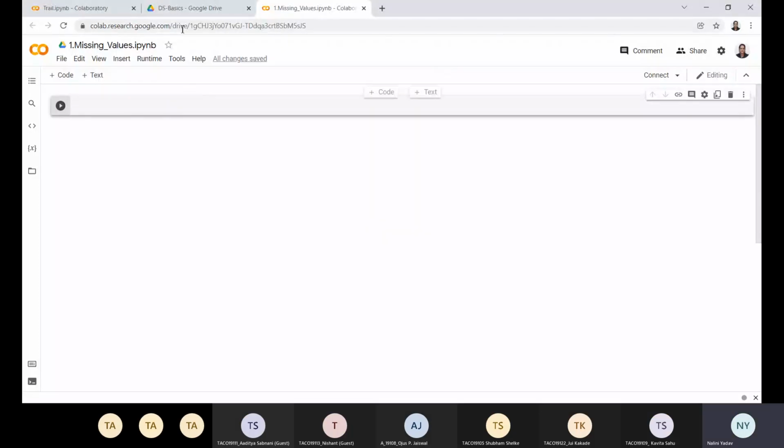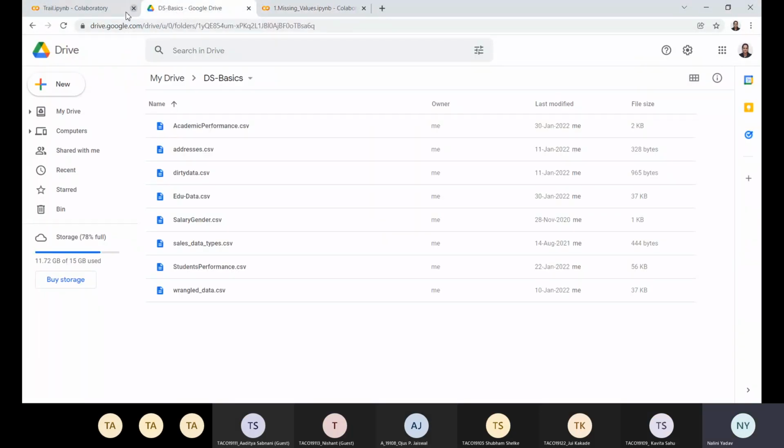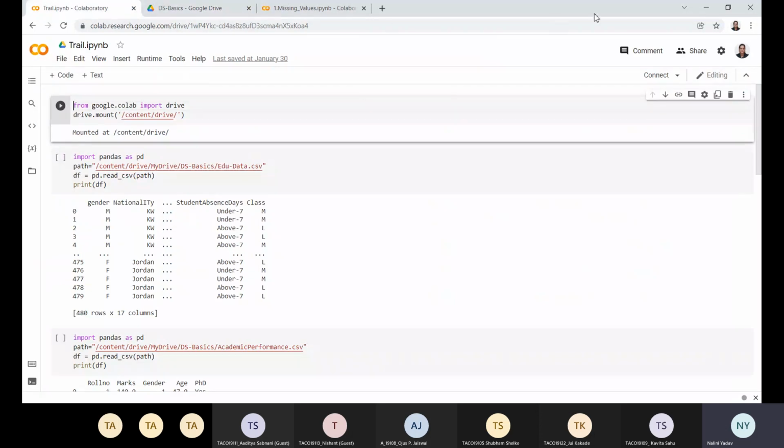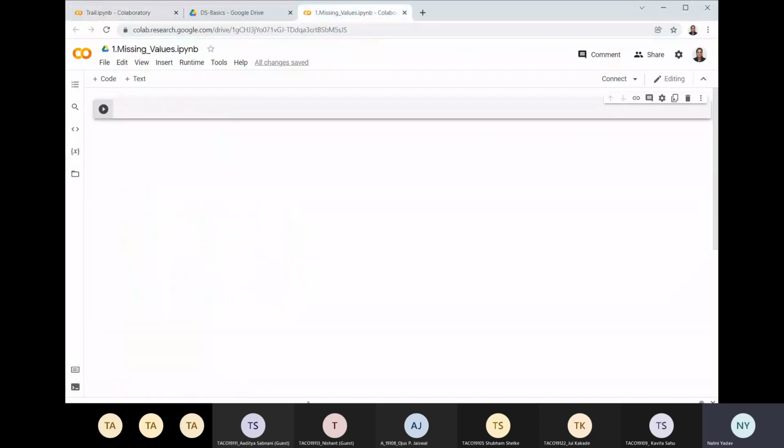This is where we will have all the trials for today. I have done some practice at home as well. Initially we will go with the missing values basics. Okay, so the first part is,